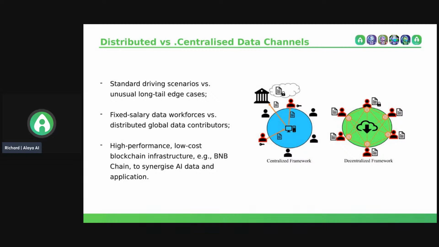But in comparison, we think that distributed Web3 data channels are able to circumvent this limitation by tapping into a distributed global network of data contributors, which allows us to cover a much wider range of driving scenarios, including niche long tail edge cases in smaller countries or more remote areas of